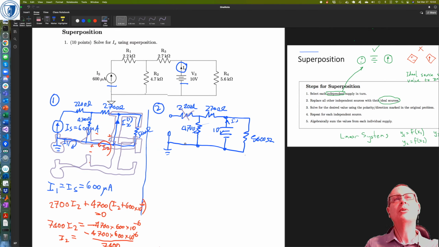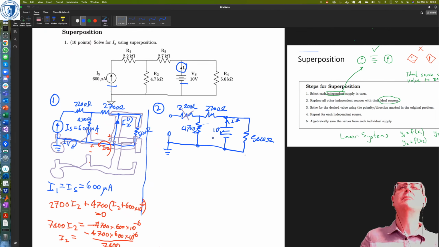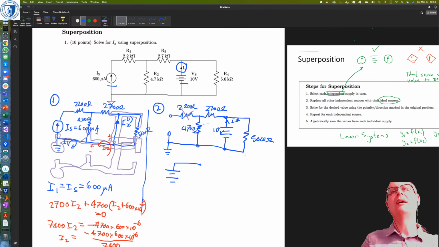There's no current flowing through it, so there's no voltage drop across it. So then I'm going to have a look here, and my IX. Well, let's have a look at this IX. We might be able to do this pretty simply, right? Now that I'm taking out the 2200, I can redraw that circuit diagram as